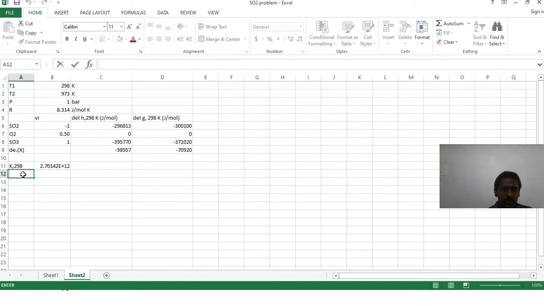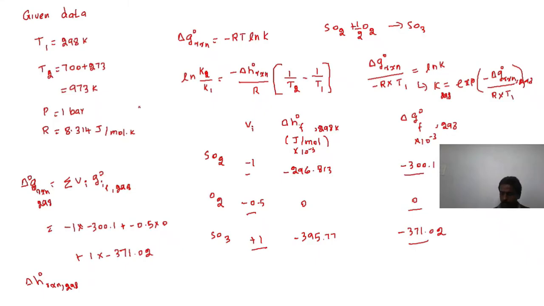Now let us calculate K at 973 Kelvin. This is the formula we are going to utilize. Now we have determined K1, and delta H of reaction at standard state is calculated. R we know, multiplied by 1 by T2 minus 1 by T1. From this, let me take the exponential. Let me rewrite this equation here: K2 divided by K1